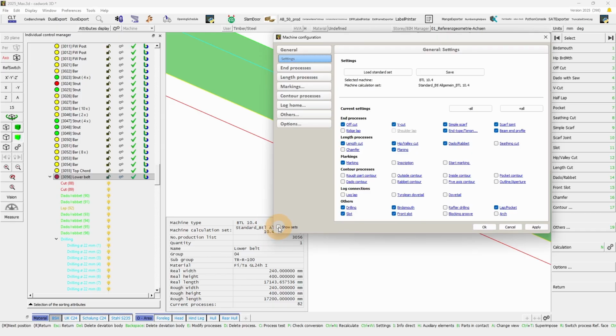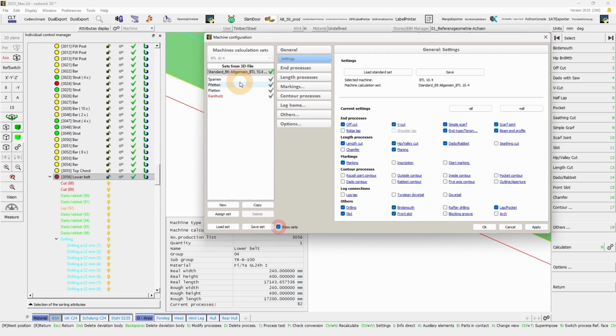Here, if you have already made a specific set, you can select it, or you can create a new one. Let's say here I would not like to have any dado on this one, and simply create a new set. I'm just going to call that no dado, and we need to make sure to activate it or assign it to this element using the